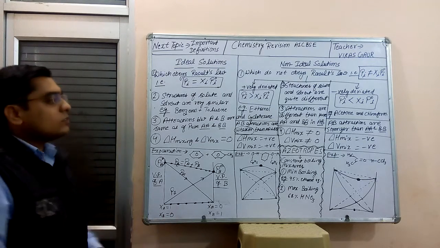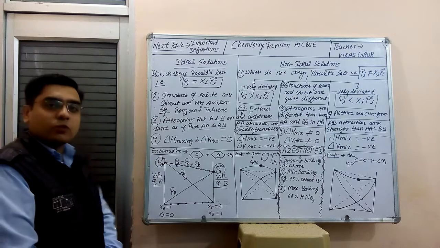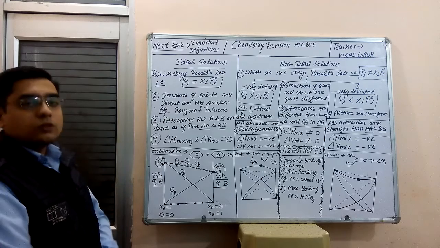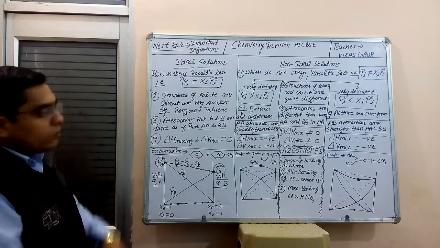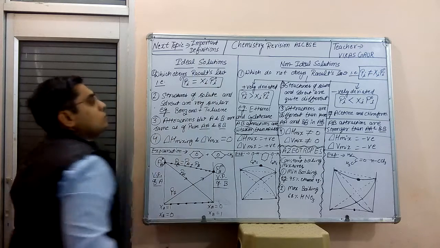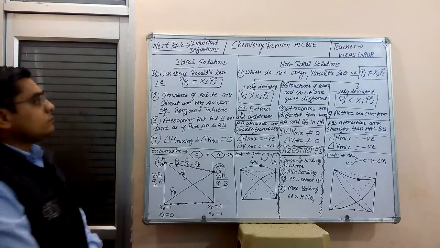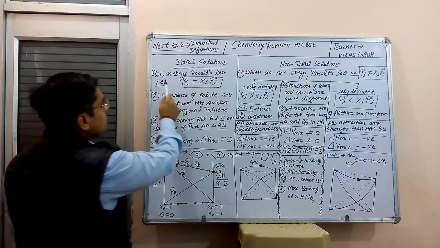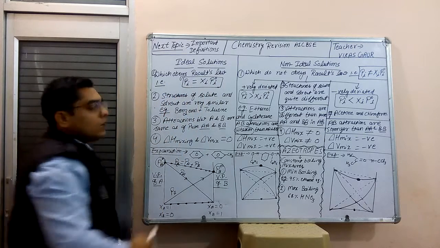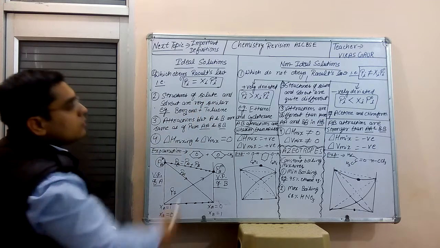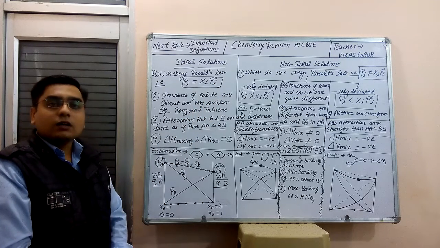Hello everyone. So this is our next topic in the unit solutions, ideal and non-ideal solutions. And our next topic will be some very important definitions throughout the chapter. So now, what are ideal solutions? The solutions which obey Raoult's law are called ideal solutions, and which do not obey Raoult's law are called non-ideal